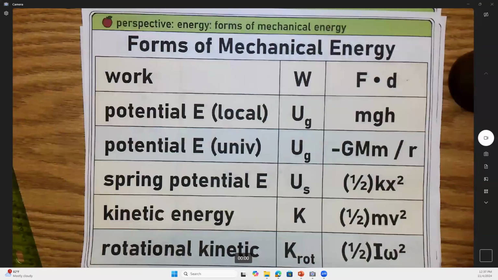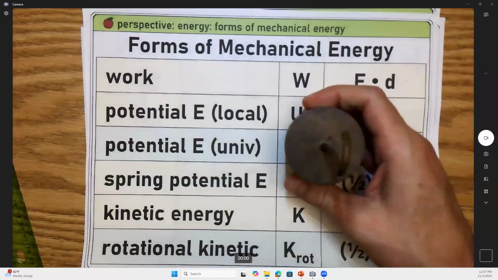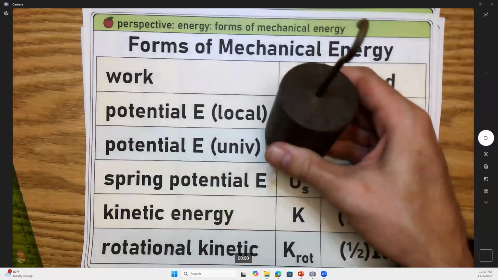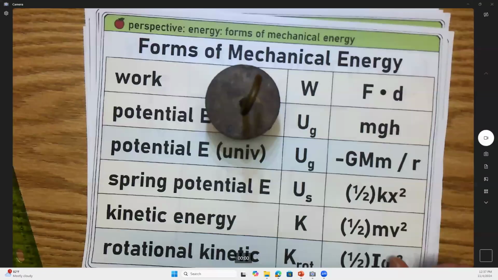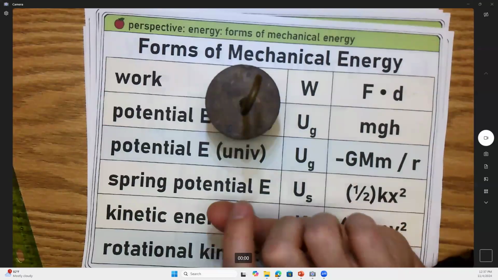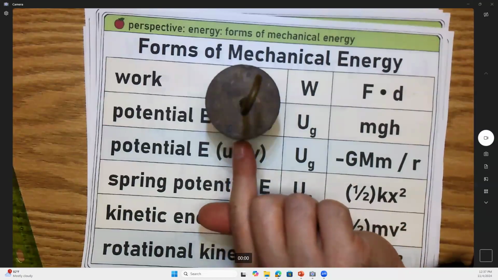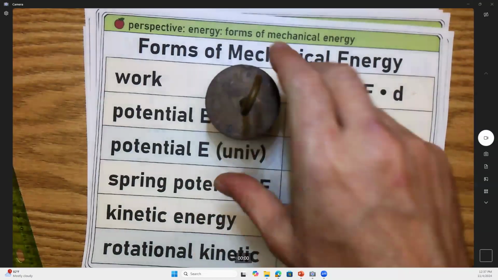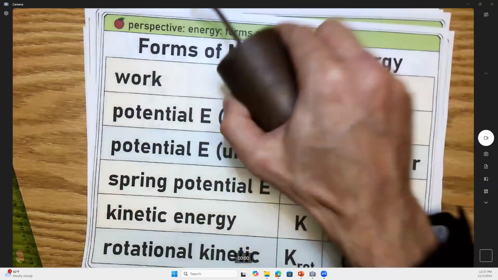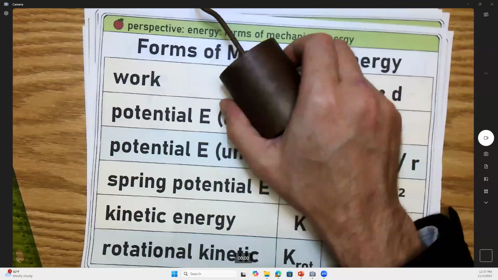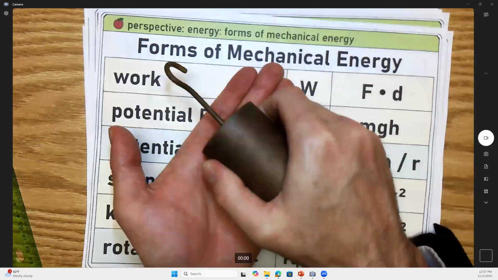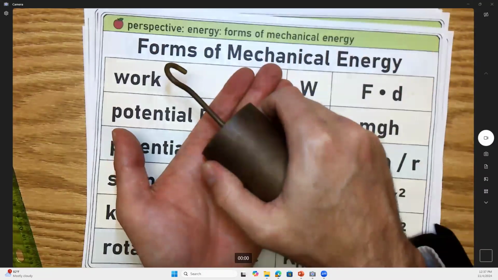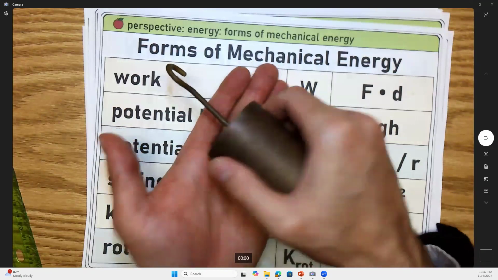Now, I told you that you cannot create energy and you cannot destroy energy. So if this started out on the floor and I lifted it up 1 meter and set it on top of the table, what if I put it right at the edge of the table and give it a little bump and it falls off the edge? It crashes on the floor. If it took 10 joules to lift it, what's the energy associated with crashing on the floor? 10 joules, right? It was 10 joules the entire time.